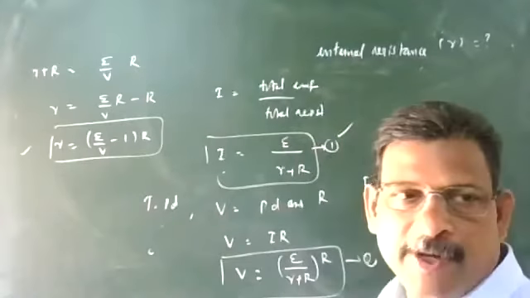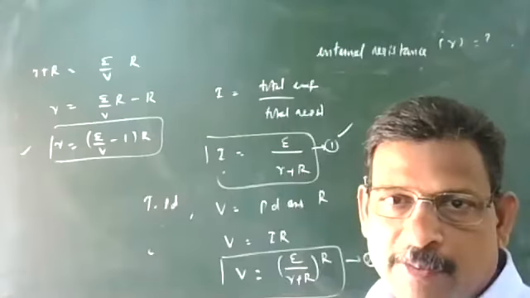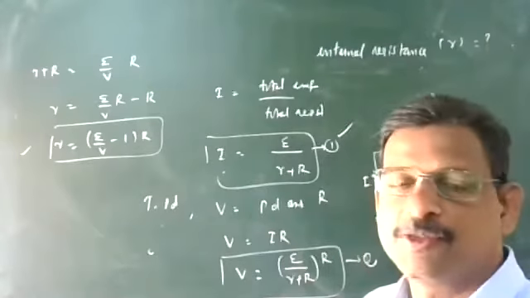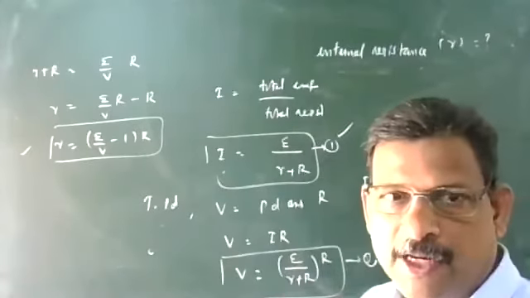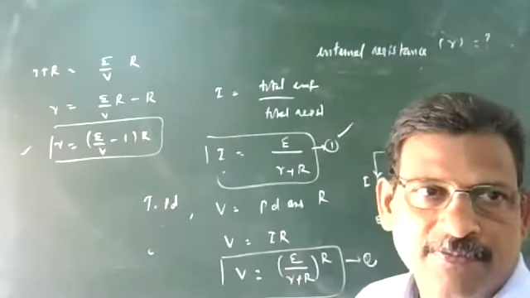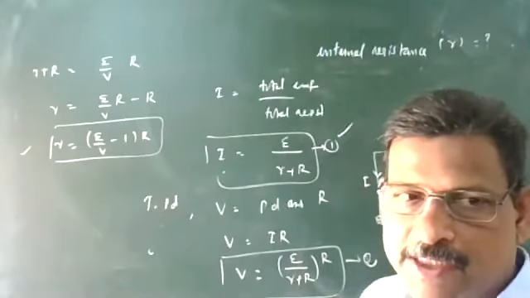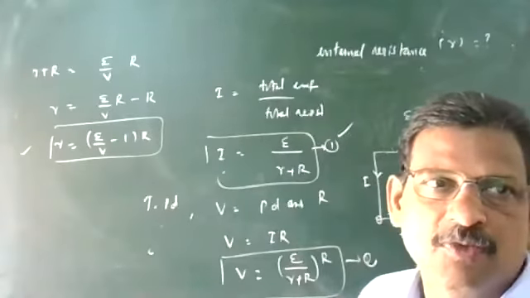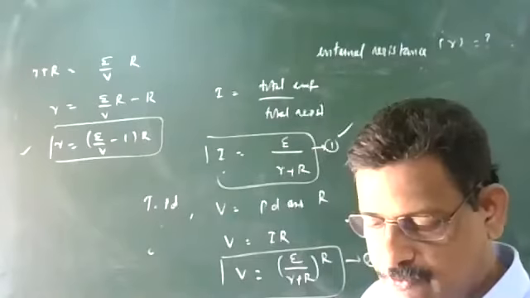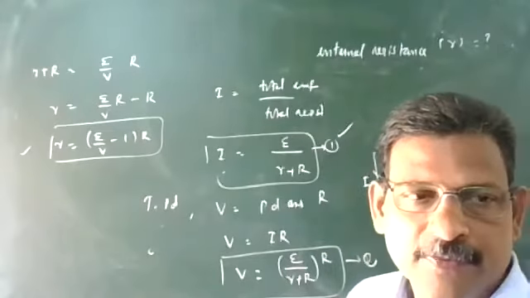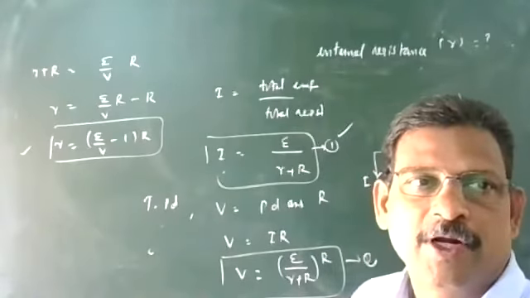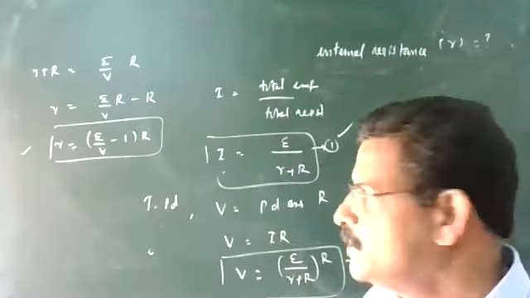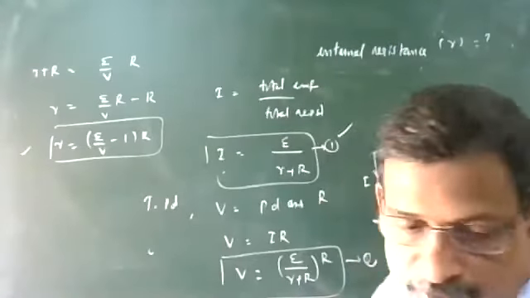For a freshly prepared cell, like the Daniell cell and Leclanché cell you used to prepare in the lab just before the examination as an experiment, the internal resistance will be very, very less. As time goes on, some kind of deposit will take place, and therefore internal resistance will increase. After a certain time, we have to throw the material and make fresh material for designing the cells. So this is internal resistance.